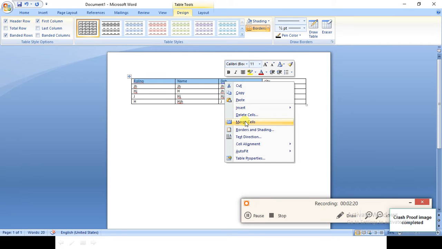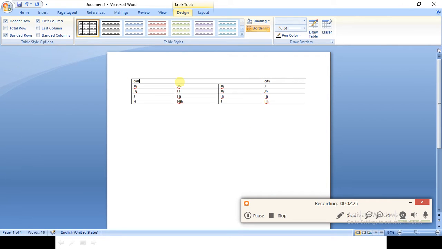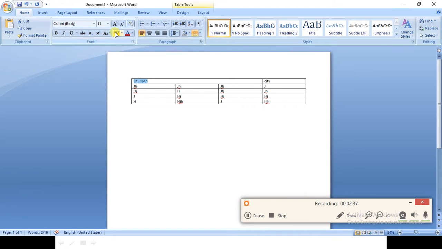This is called colspan. It means that we can merge two or more columns into a single column.